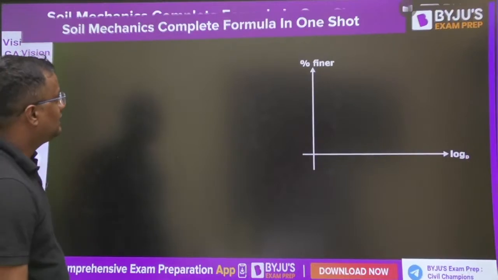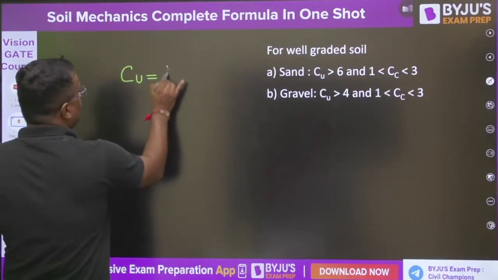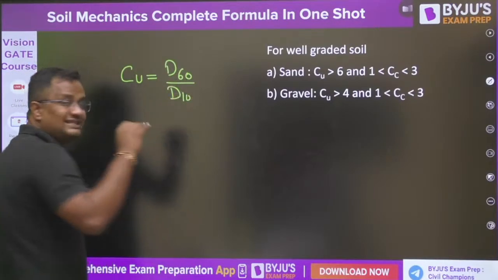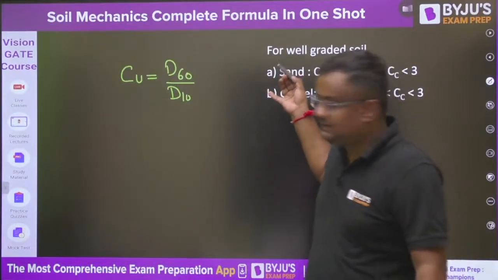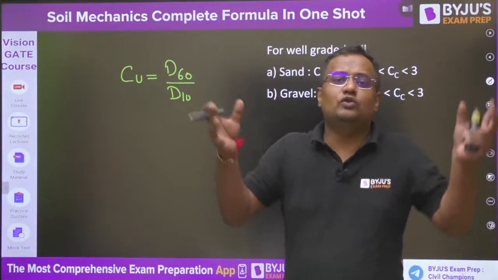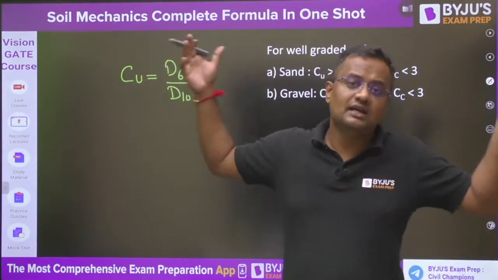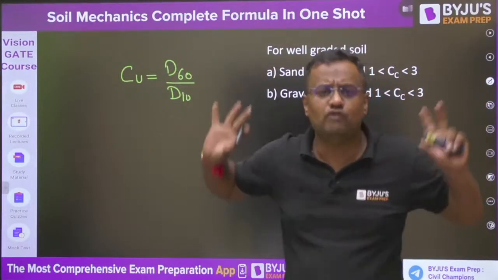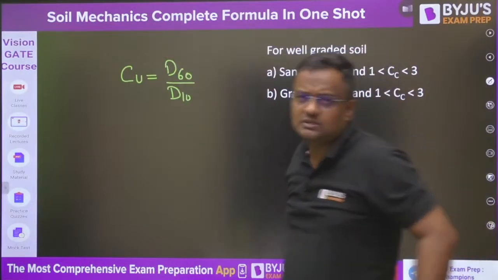Okay, now there is a term called CU. CU is coefficient of uniformity, that is D60 by D10. D60 is that diameter below which 60% particles are there. See, what is D30? Below which 30% particles are there. What is D60? Below which 60% particles are there. What is D10? Below which 10% particles are there. Randomly I am taking 44, below which 44% particles are there. What is D72? That diameter below which 72% particles are there.